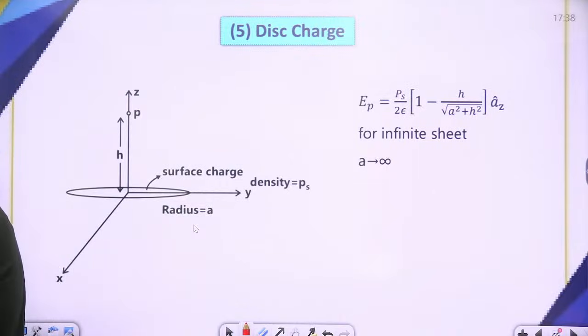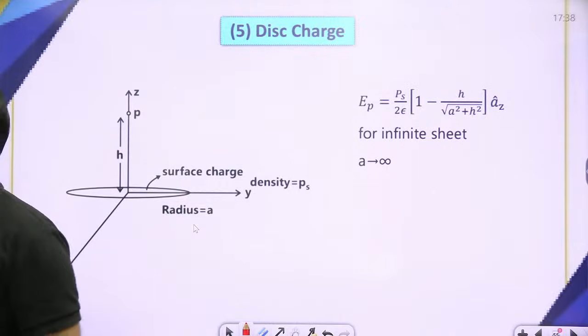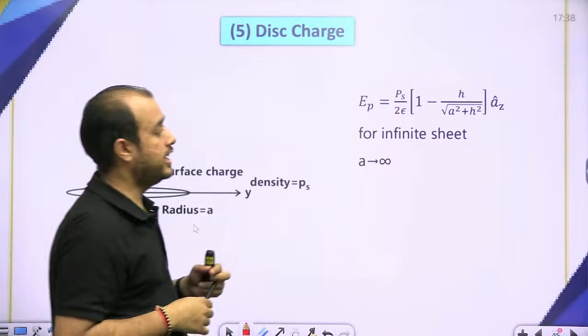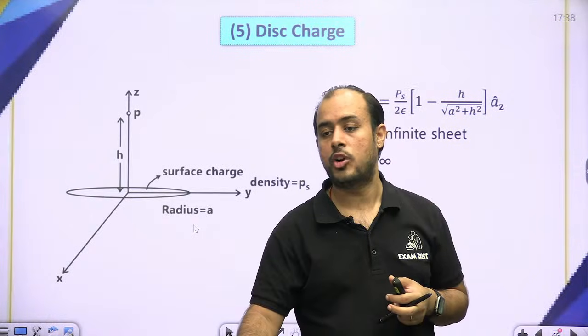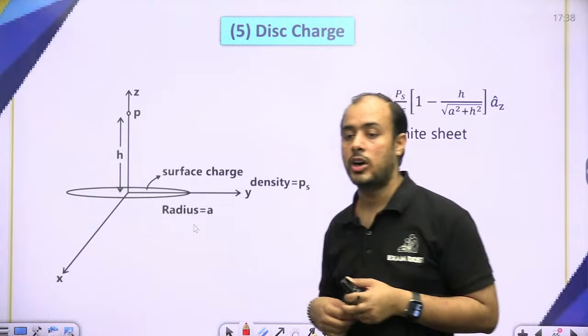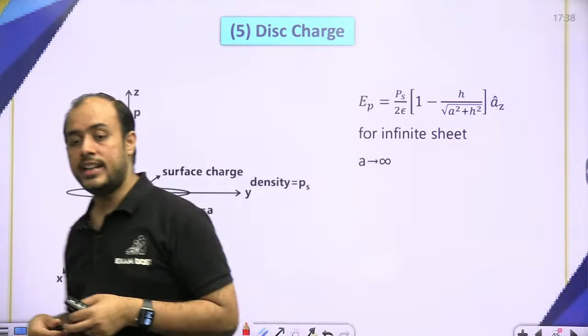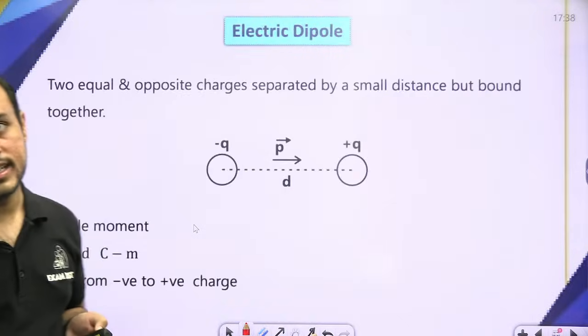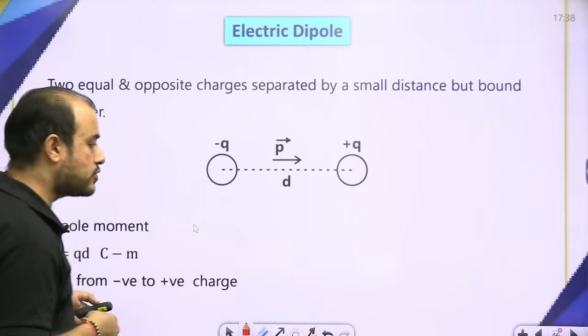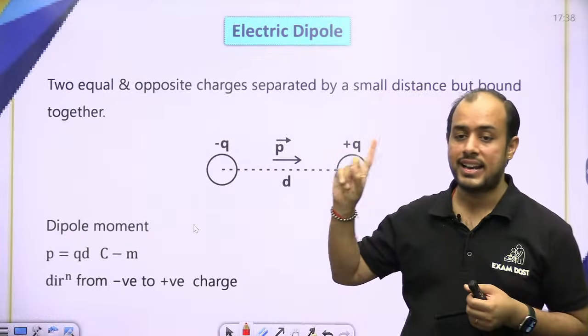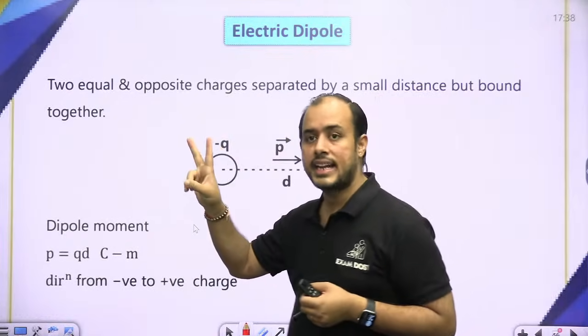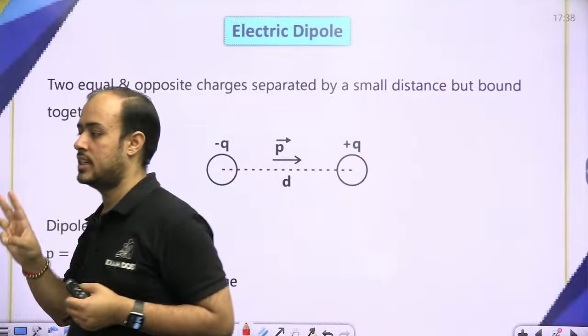Now beta, here if you put a tending to infinity, you will obtain the electric field for the infinite sheet of charge. अगर infinite sheet चाहिए तो a को infinity डाल दीजिए. नेक्स्ट वी कम टू द कॉन्सेप्ट ऑफ डाइपोल. तो देखो सबसे इंपॉर्टेंट क्या है, फाइनाइट लाइन चार्ज, इनफाइनाइट लाइन चार्ज, इनफाइनाइट शीट चार्ज. ओके,